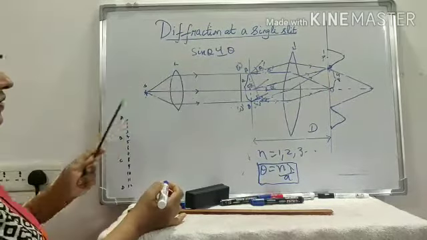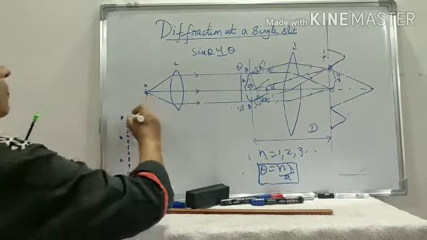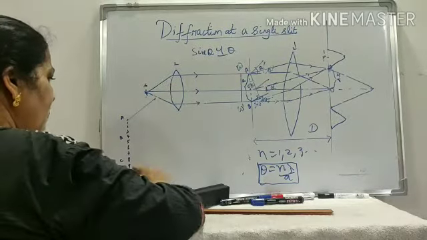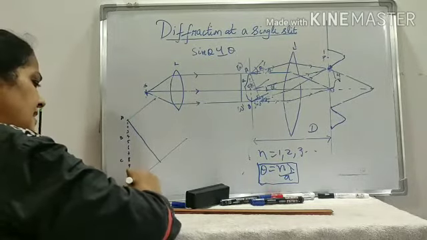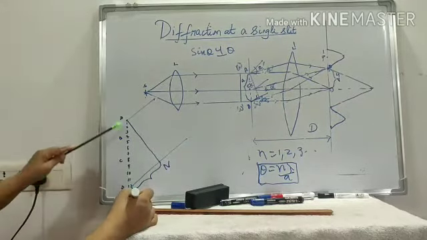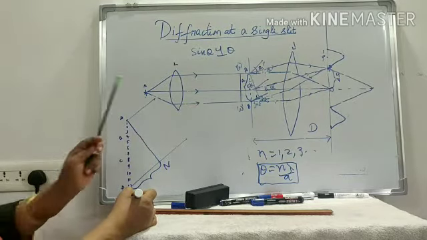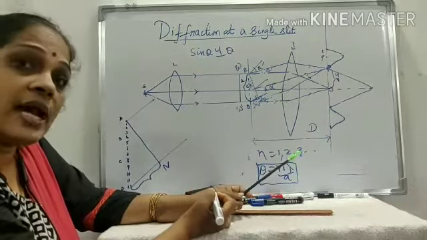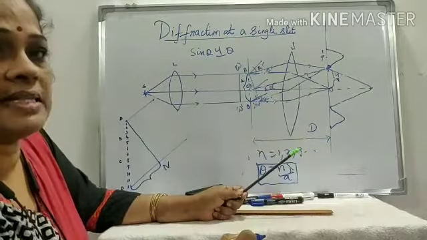Let me draw this figure once again over here. We consider that the slit is divided into 12 equally spaced points. I consider a wavelet from 0 and a wavelet from 12. Since the angle of diffraction has increased, this is the extra path travelled by a wavelet coming from the extreme points. And you see that it has to be greater than lambda. But can it be 2 lambda? No, because 2 lambda is the condition for a minima. So it has to be greater than lambda but less than 2 lambda.